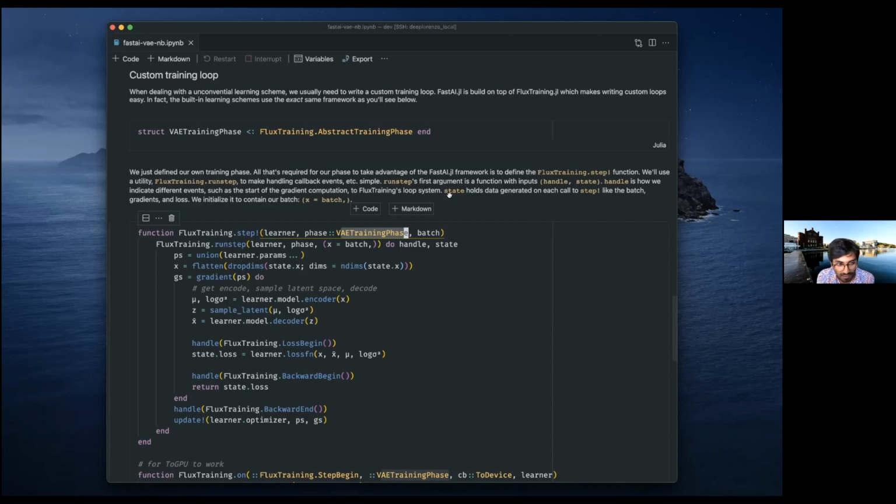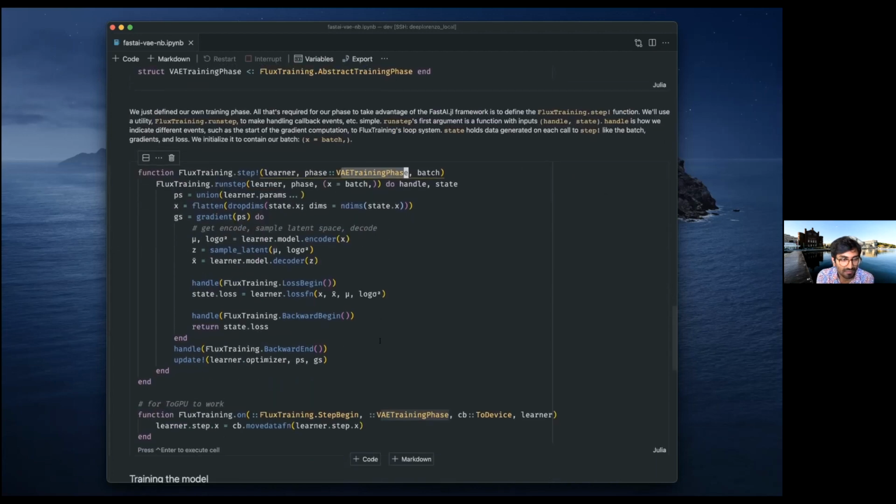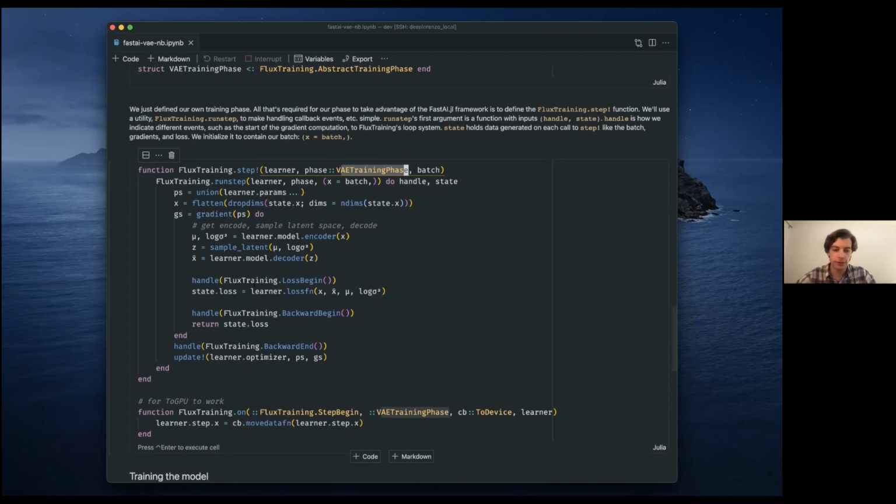You can see here, if we look inside the function, that it's not necessarily a standard X goes into model, loss of the output and the prediction. We have a couple different steps, getting the parameters of the distribution, sampling it, passing it through the decoder, and all of that can be written right in there without any extra overhead than you might previously have had. And if you scroll down. Yeah, and it'll also be compatible with all the callbacks that already exist, most of them anyway.